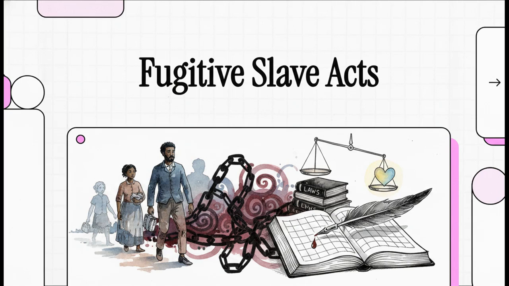Welcome to this explainer. Today, we're diving into a really profound, frankly dark chapter in American history. We're looking at a time when the laws on the books completely crossed the line into absolute moral injustice. As we unpack this, I really want you to put on your critical thinking caps and step into the shoes of the people who actually lived through this era. Let's get right into it.